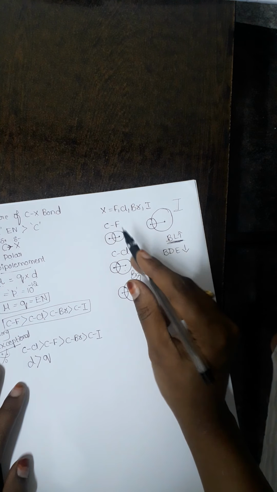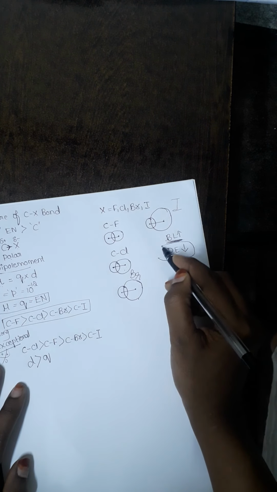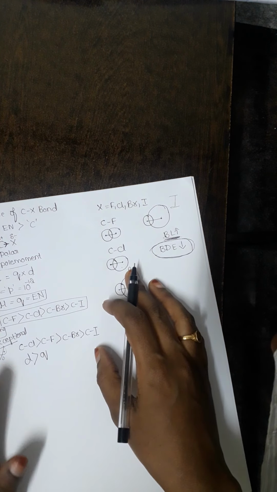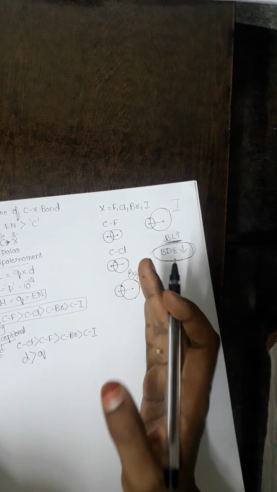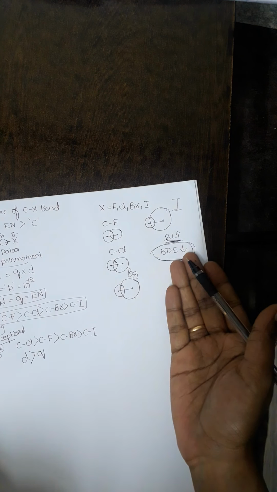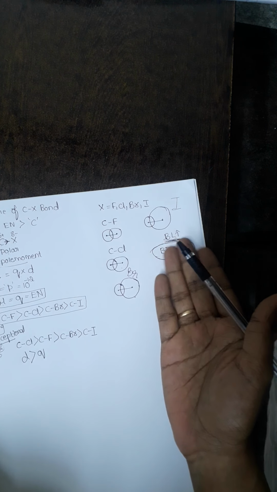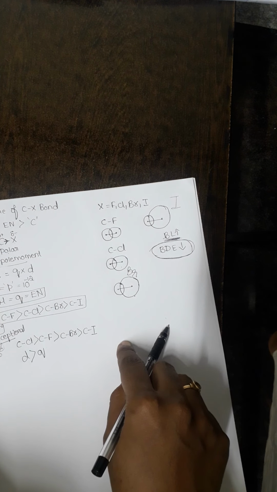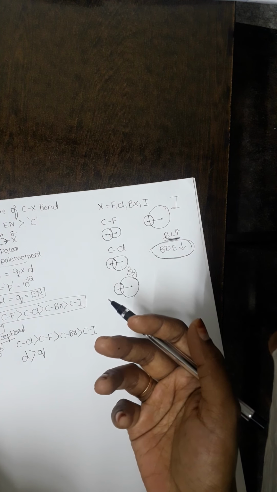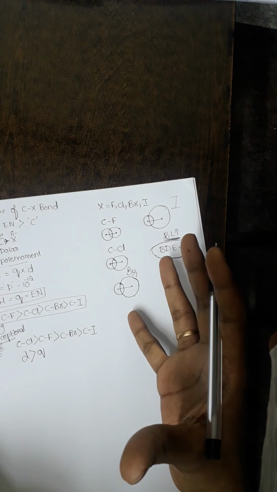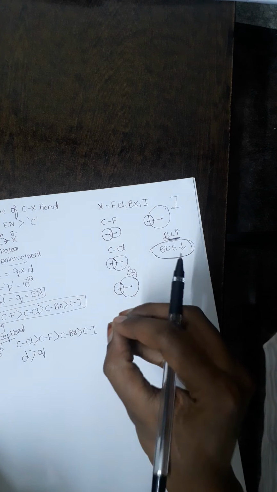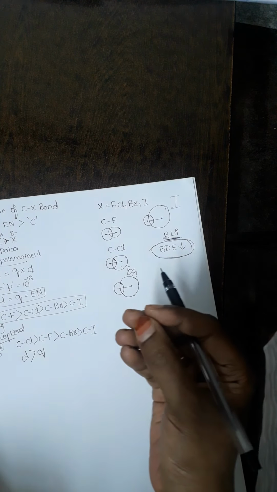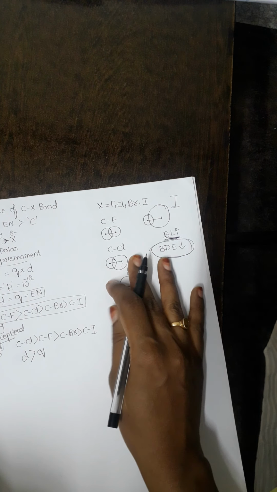As the bond length increases, we can also talk about bond dissociation enthalpy. What is bond dissociation enthalpy? It is the amount of energy required to break a bond, which becomes lesser, and it highly depends upon the bond length. So as bond length increases, bond dissociation enthalpy decreases. Got my point? Or else you can understand it like this: as the size of the atom increases, it creates a stress on the bond, so the bond becomes weaker and very little energy is required to break that bond. So this is the concept of bond length.